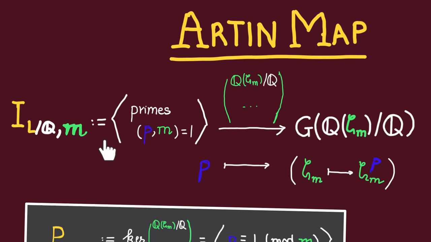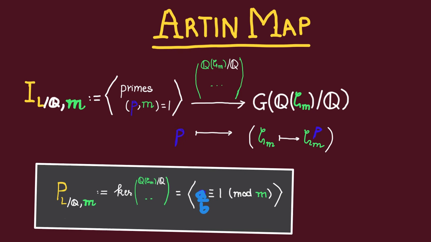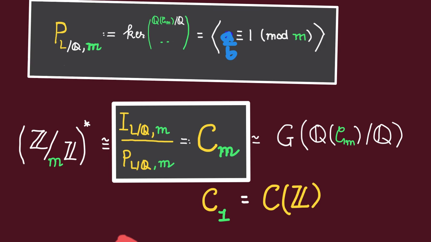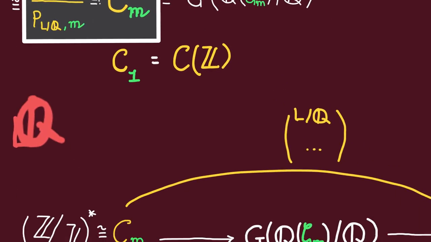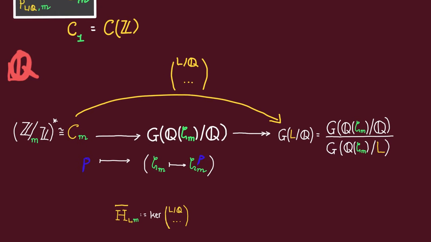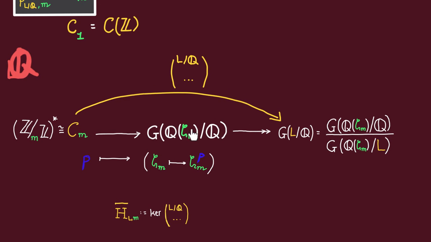We have a natural map from this subgroup to the Galois group of the cyclotomic field. Its kernel consists of quotients of integers a/b such that a is congruent to b modulo M. Thus this gives an isomorphism between (Z/MZ)* and the Galois group of the cyclotomic field. This quotient C_M here could be viewed as a generalization of both the (Z/MZ)* group and also the ideal class group.